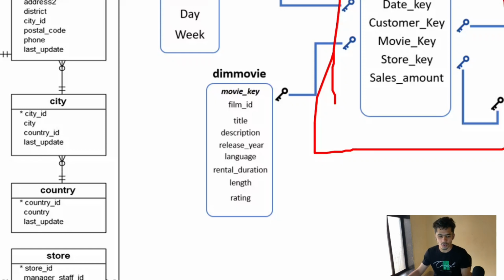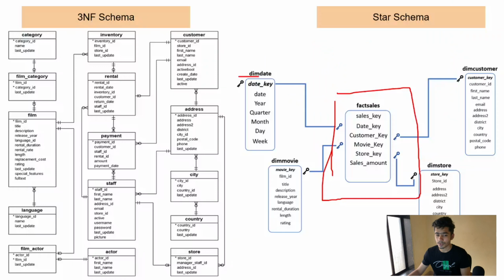We're going to talk about this particular thing next, and we're going to do an exercise where we will convert this 3NF schema into the star schema. But before jumping onto this exercise, make sure you understand what a data model is. So first watch the data model series, then watch part 1 of this particular series, and if you have watched it, then you can jump onto the next exercise.